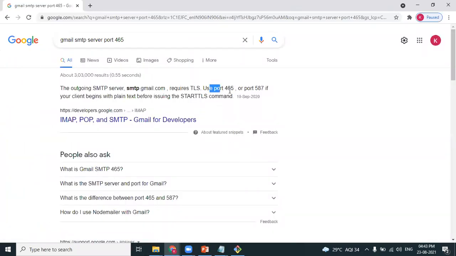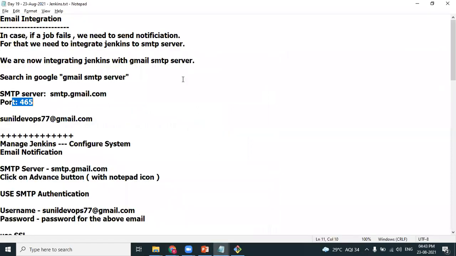Gmail uses port number 465. So all these details I have, and then let's learn how we can integrate.